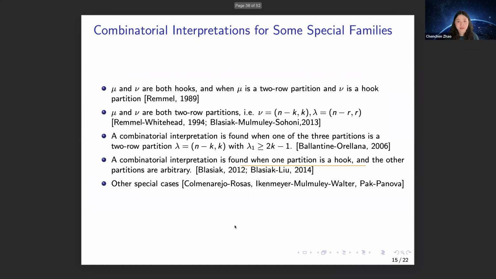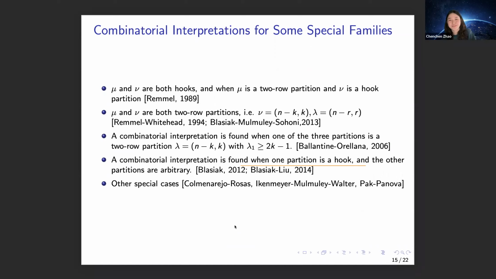And I'll go through some partial results regarding this combinatorial interpretation question. In 1989, Remmel started computing the Kronecker coefficients when we have two hooks, or when one of the partitions is a two-row partition and the other one is a hook. In both cases, the third one could be anything. And in 1994, Remmel and Whitehead came up with an explicit formula for